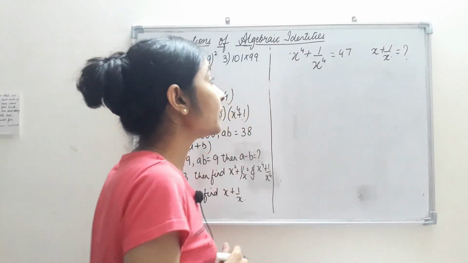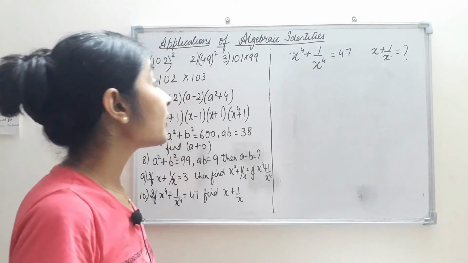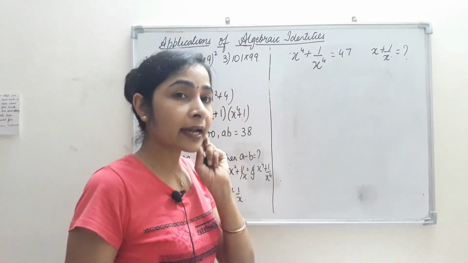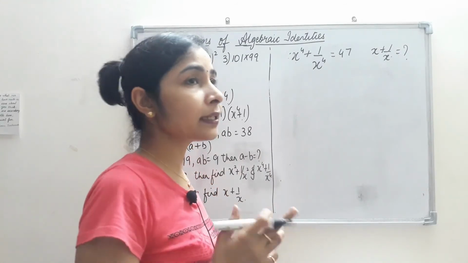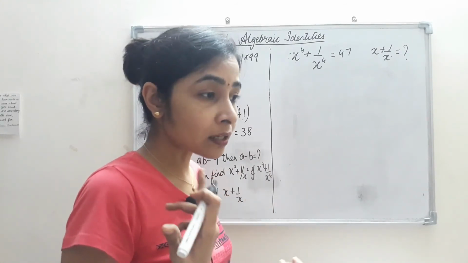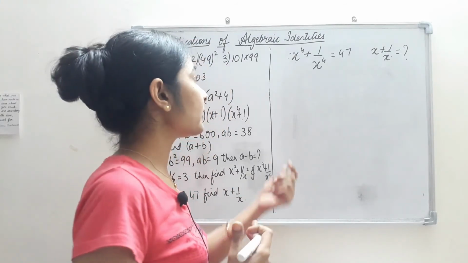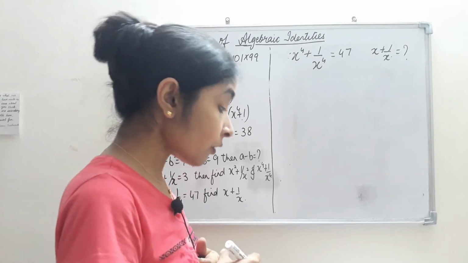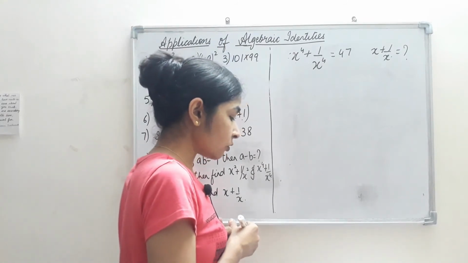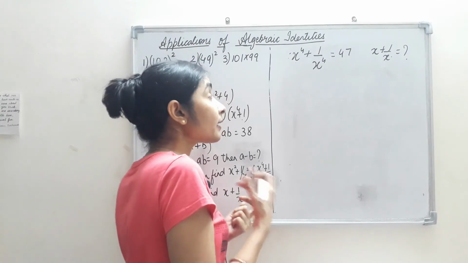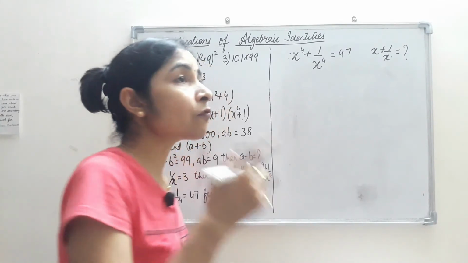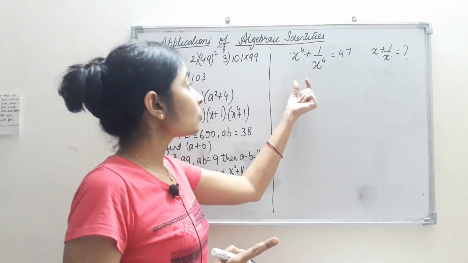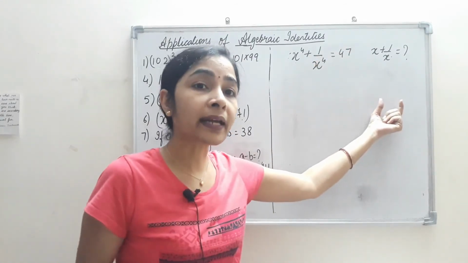So what we are going to do here, we can use the identity. And what is the identity? Again, a square plus b square. We are supposed to take the reciprocal of the identity, that if we take the value of a square plus b square from the identity, then what will be the value of a square plus b square? Another method is, we know what we did there, we had an extra 2 there, so that 2 we took on the other side and subtracted there.